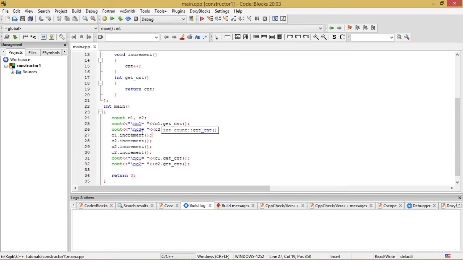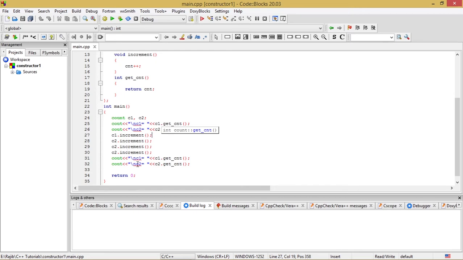Similarly, the value of CNT for the object C2 will be output by this second cout statement in this line. After that, I have called the increment function for C1 once, that is C1.increment. After that, I have called the increment function for C2 one by one, thrice.